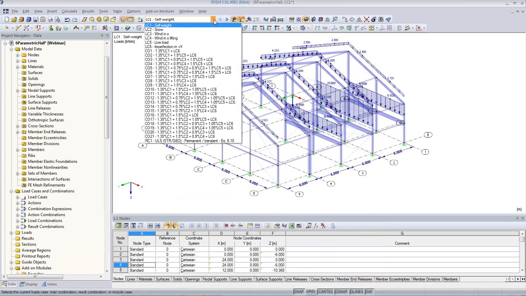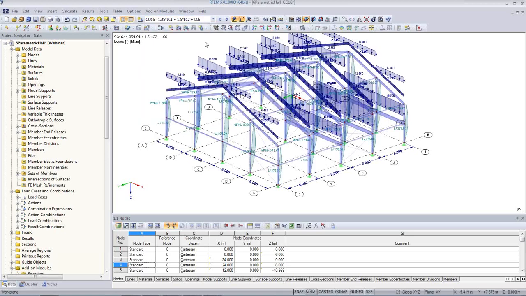Okay, I run the analysis here. I have 5-6 load cases, also including imperfections like drift and camber. And I'll run the combination 16, which is self-weight, snow, and an imperfection, and I run the analysis. When I do this,